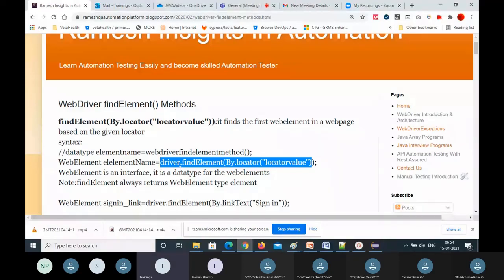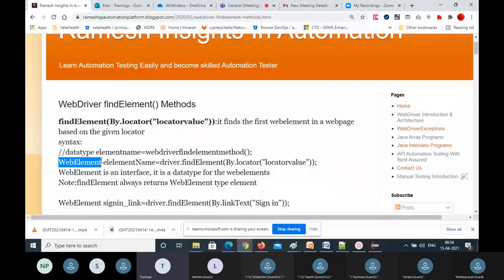Locators, five days we discussed. Where you are not able to answer here itself, what will you do in the interviews, guys? So in this, WebElement is an interface. I told you data type, interface is also one data type. These are all return type methods. If you are clear with the return type methods, you can write the syntax properly.